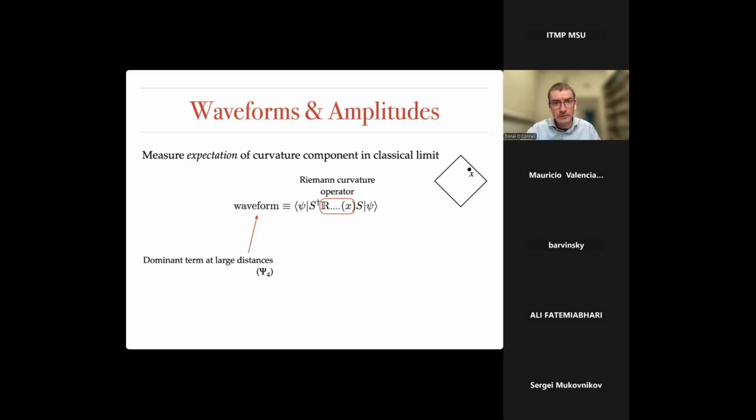That's what LIGO measures. So technically speaking, I'm talking about the leading component of psi4, the Newman-Penrose psi4. That's just a curvature component. Now, the initial state: I need to put in some initial state corresponding to my two particles. And I want to have some initial state which is in the domain of validity of the classical approximation to the quantum field theory. So I will start by taking two particles in plane wave states.